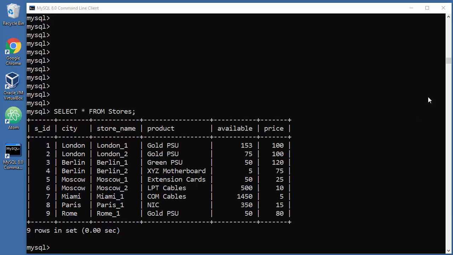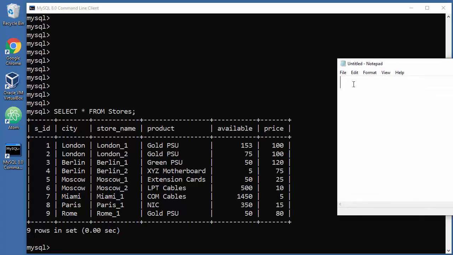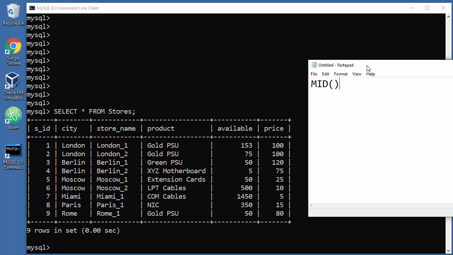Hello YouTube, in this tutorial we will talk about the MID function. Its usage will be when, for example, you have limited space on some of your paper, on reports basically, and you want to grab only a couple of characters from somewhere in an element, in a specific column. Let me explain. If, for example, you want to extract only GOL from this element, you need to type MID here